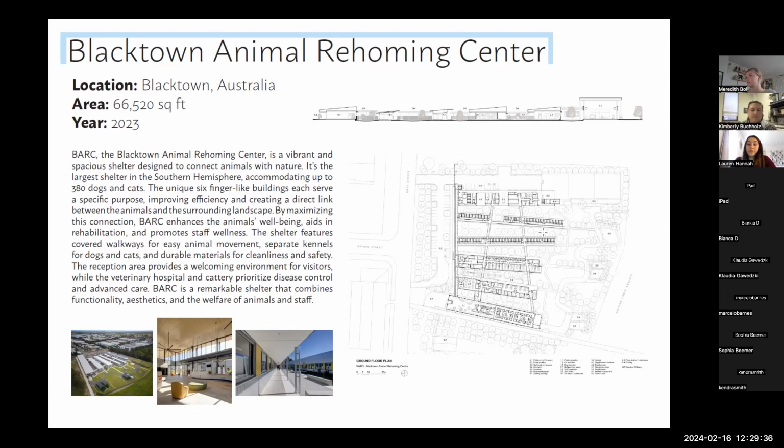This one's in Australia. I really like this one because, again, I really want to focus on the sensory issues of the dogs. So I like that it split it into different wings. One can be for animals that are quiet and don't like a lot of barking, ones that have certain smell sensory issues. So I really liked how it separated the building into different portions. And this one has cats and dogs, but it separates them so they're not around each other.